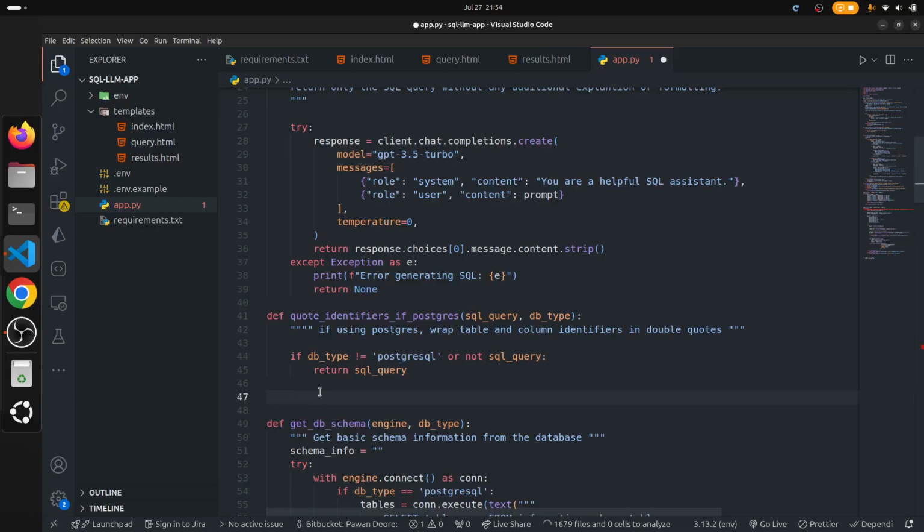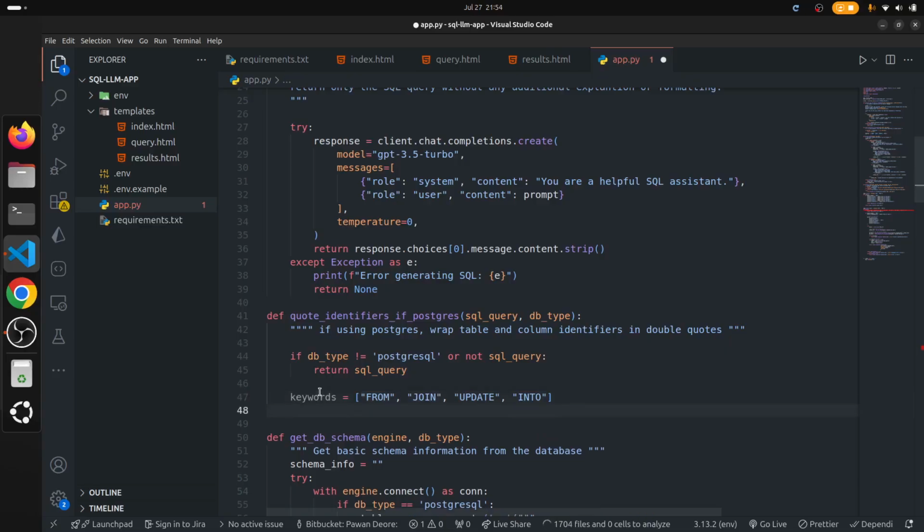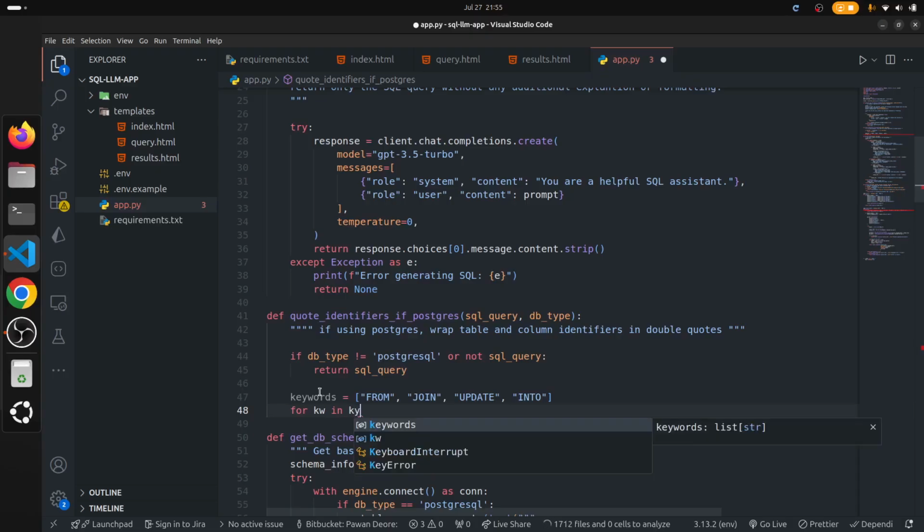So I will define keywords here, an array: from, join, update, into. These are some generic words, and for each keyword in keywords